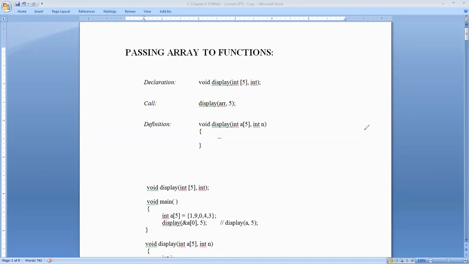program, there are three main parts for dealing with a function. The first one is declaration, the second one is call, and the third one is definition. That means declaration of a function, call of a function, and definition of a function. So if we assume the function name is display,